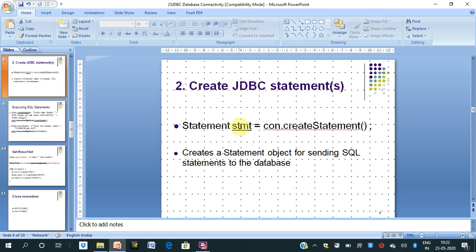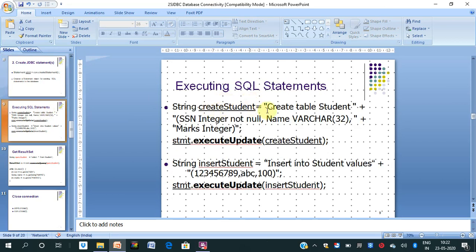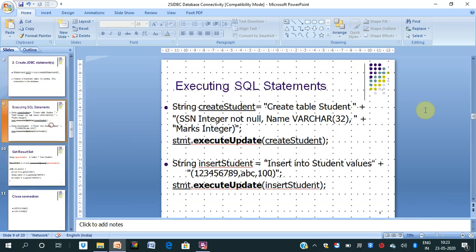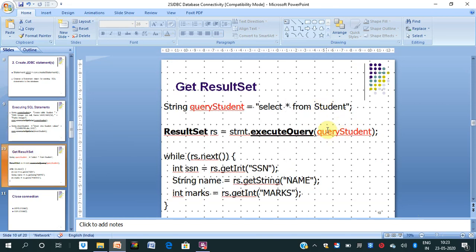The same stmt is used for creating the table, and the same stmt object is used for the insert query, meaning inserting data into the already created student table, and the same stmt is used for executing the query, select asterisk from student table. After completing all these steps, we have created the table, inserted data into it, and then fetched the data from the student table.